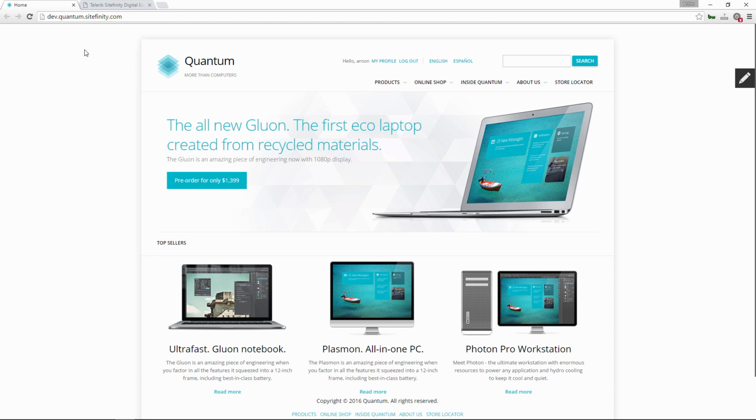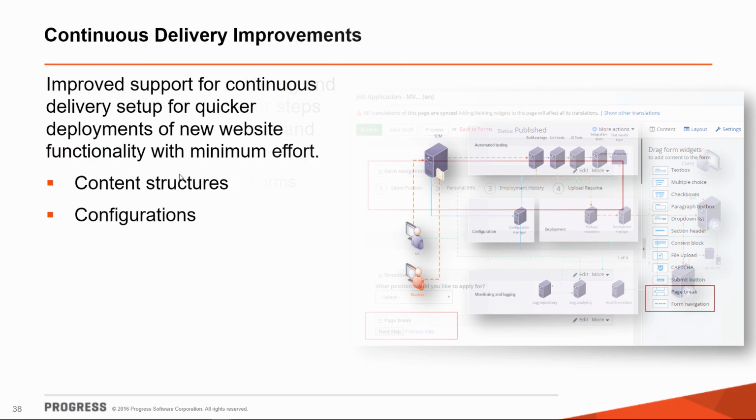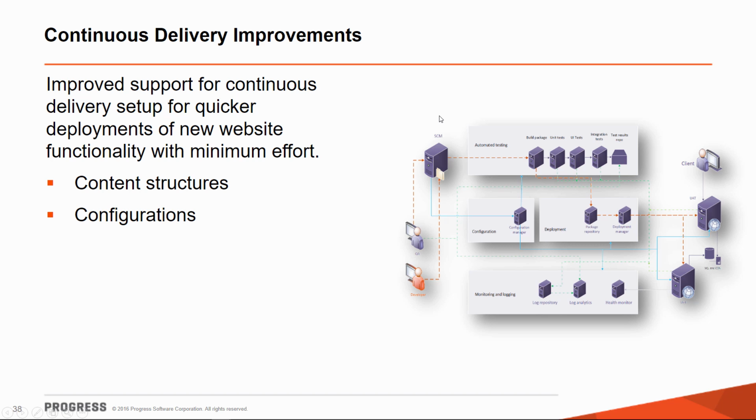And that concludes our overview of the marketing features in the Sitefinity 9.0 release. So next, let's talk about the improvements for continuous delivery and deployment that benefit IT and developers. So what's new in the release is the ability to transfer content structures and configurations between environments, from development, staging to production environment. Because now when somebody, for example, creates a custom module such as for case studies using